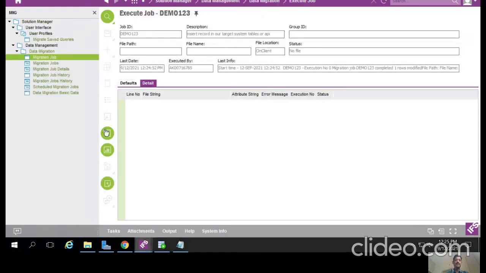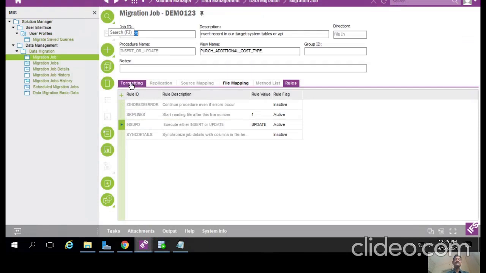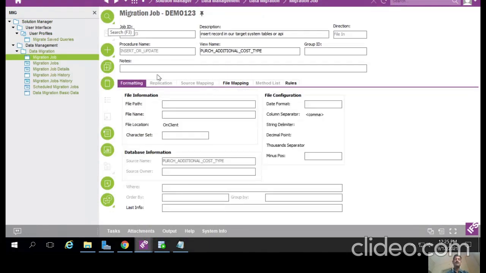You just need to understand the basic functionality. So insert or update, basically it will perform data operations. If you want to insert a new record, or if you want to modify your existing records, at that time we will choose the insert or update procedure. The insert or update procedure basically will perform only for a single logical unit.